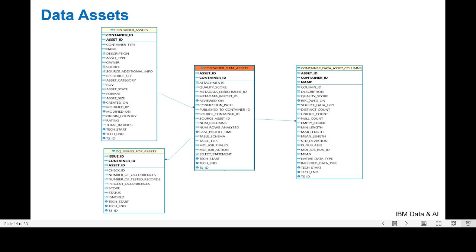For example, the quality score for a column. If I have done a profiling of that table, I will have a quality score for each of the columns. Contains null, max length, min length. So specific information, if I have done a quality analysis of that column, is contained in this table. Okay, so I have